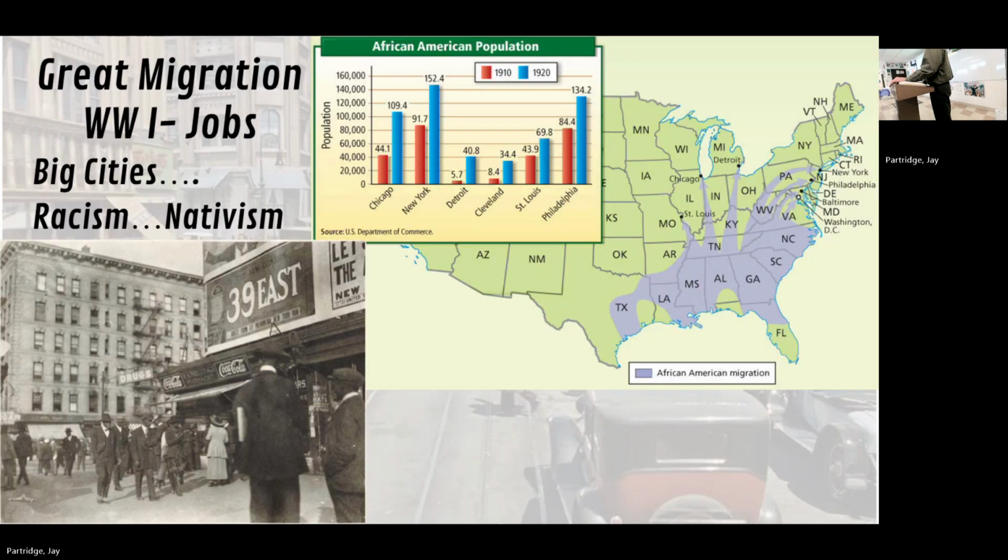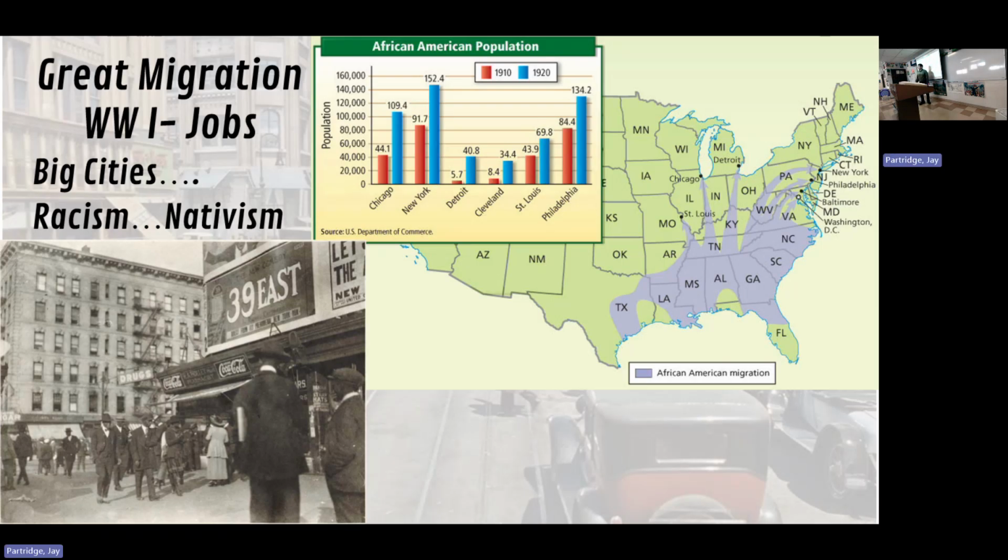Tied to this, I have to give a little background. Now, this happened during the war. It's called the Great Migration. Hundreds of thousands every year beginning in 1913 of mostly African Americans left the South, left or ran away or were kicked out of their sharecropping farms and went to northern cities. Why? Jobs. The economy began to boom after the beginning of World War I. And then when the US actually entered the war, more jobs. Now, they mostly went to big cities. For example, you have this huge wave of migrants from the South going to Detroit. Why? Ford and General Motors.